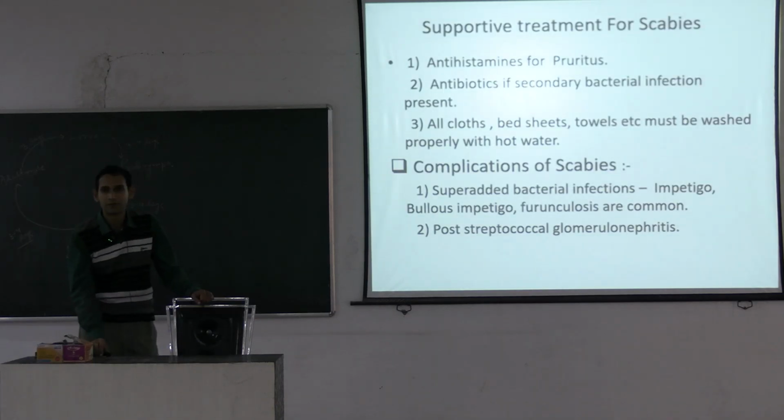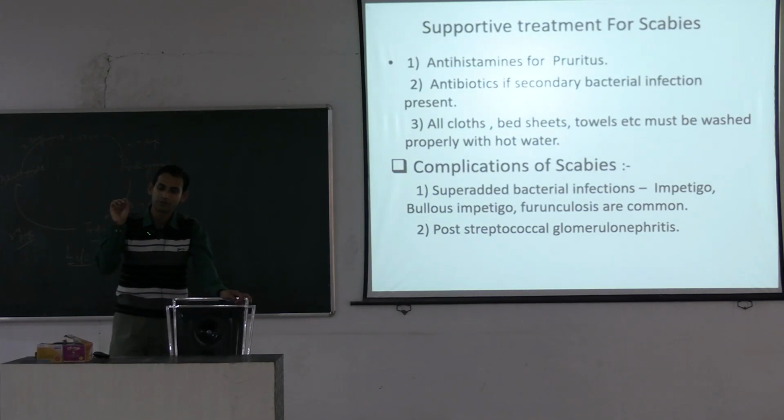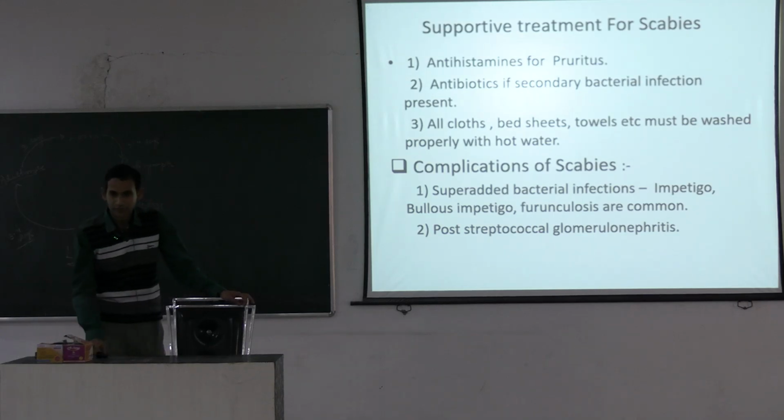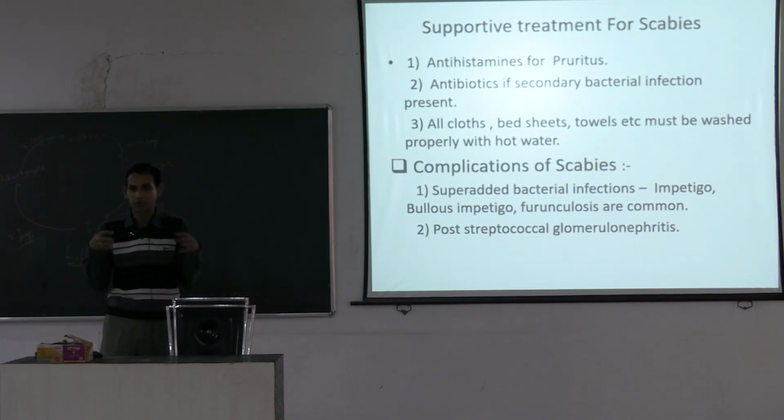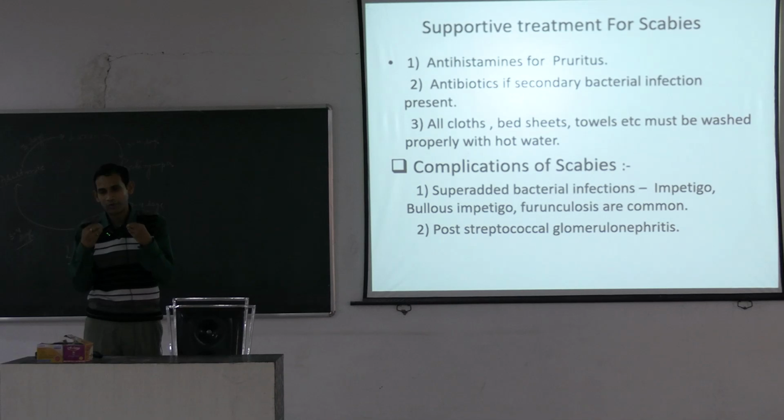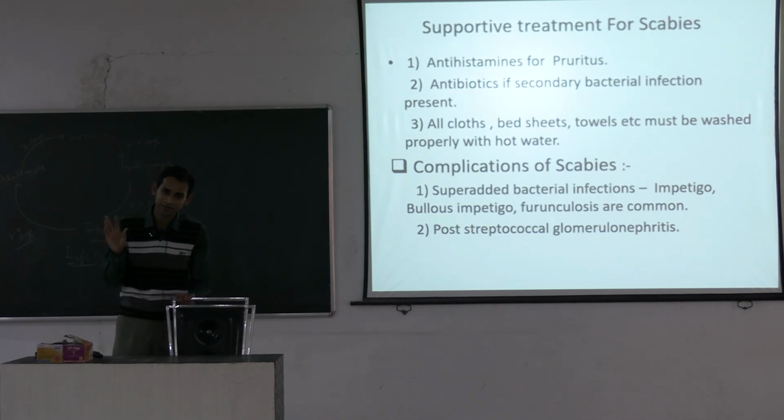The most important aspect, you have been given scabies. If it is given as a short note, just remember the few important salient points. First of all, what is the causative agent? The causative agent is a parasitic infection caused by the gravid female mite Sarcoptes scabiei var hominis, number 1. Mode of transmission: it is transmitted by close personal contact or by fomites or by the sexual route. It is a highly contagious and pruritic skin condition.